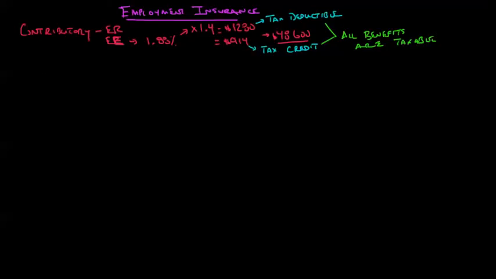Now, in order to generate most types of EI income, we're looking at a minimum number of insured hours. And this varies quite a bit, actually, from region to region depending on the economic climate in that region. We're typically looking at between 500 to 700 insured hours, and there is some discrepancy there depending on the exact circumstance, but for the most part, to use an EI benefit, you have to meet that minimum number